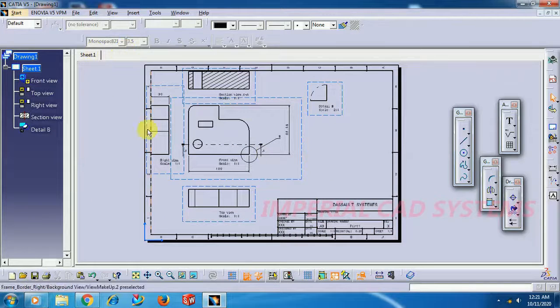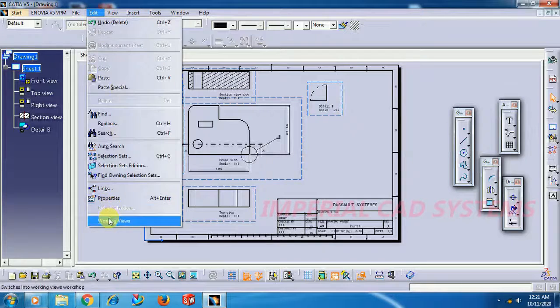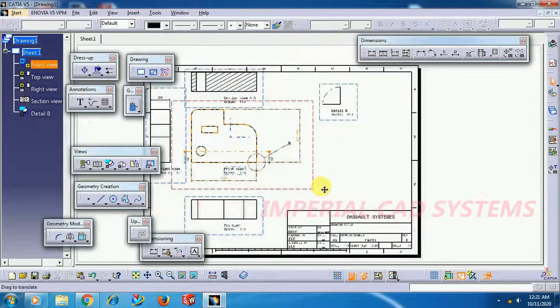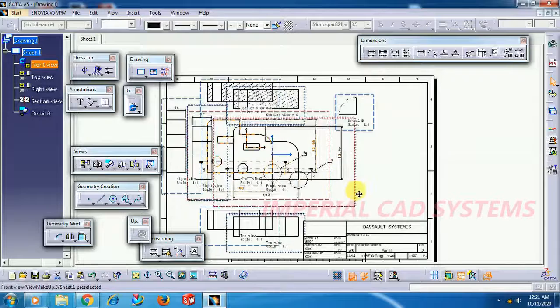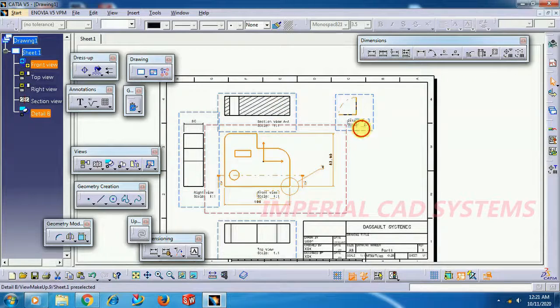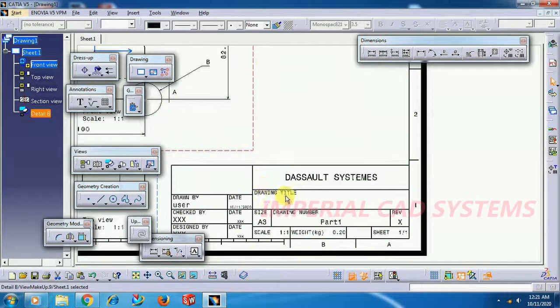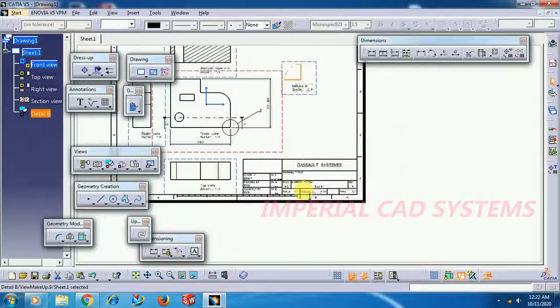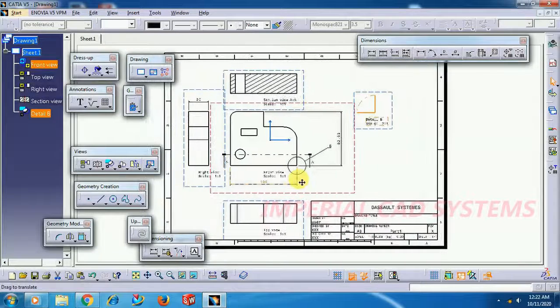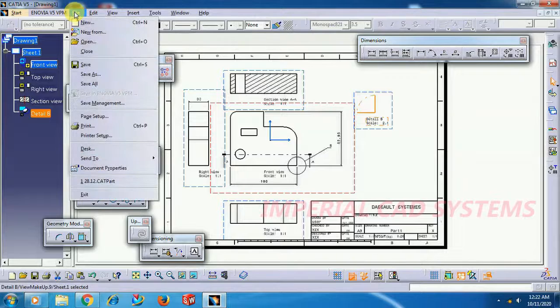Then get back to working mode. This is title block mode. Go to edit, working views. After generating views, after giving dimensions, after generating frame and title block, editing all this text, then finally you can give printout, or if you want to convert into another file